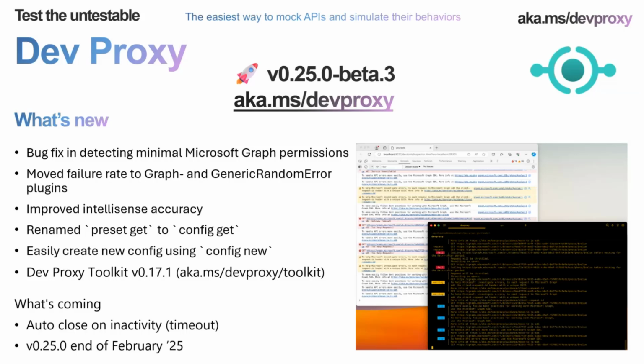And we've got a beta with a bunch of things that we've fixed. And another thing that we're looking at is making it easier for you to use. So we have a bunch of improvements already shipped in beta, we have a few more that should come in the coming days. And towards the end of the month, we will have a release. We'll have the v0.25 with all of these improvements shipped. So definitely give it a try.